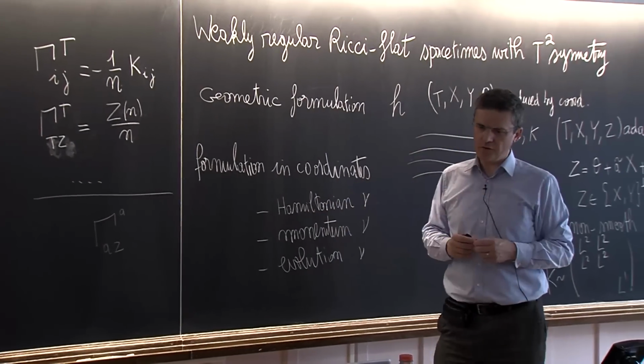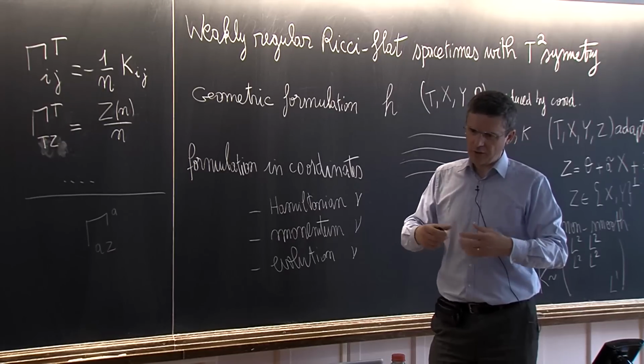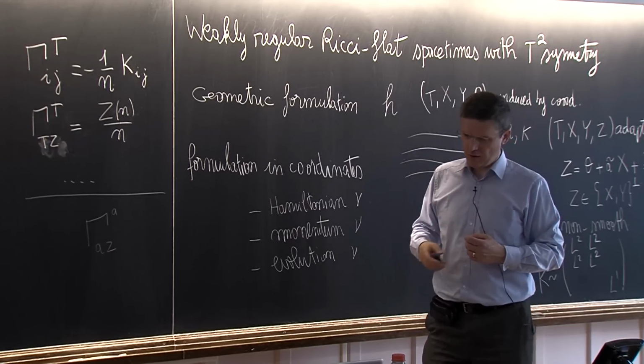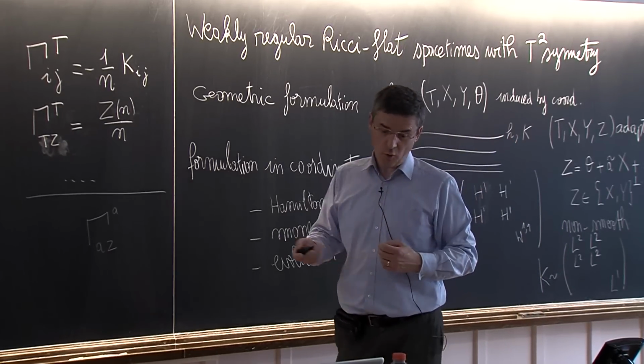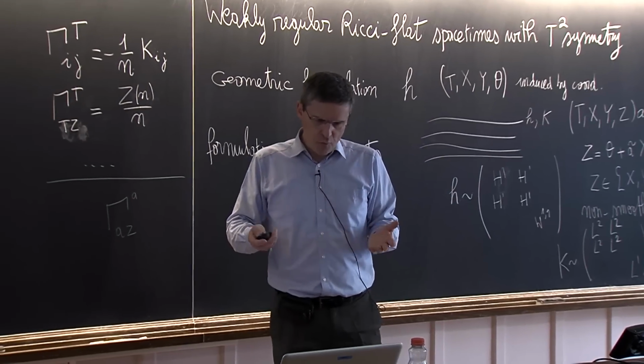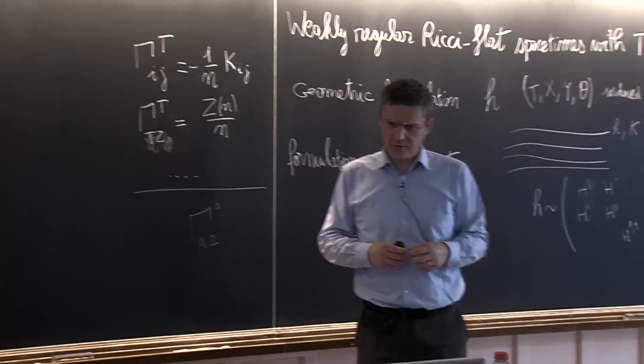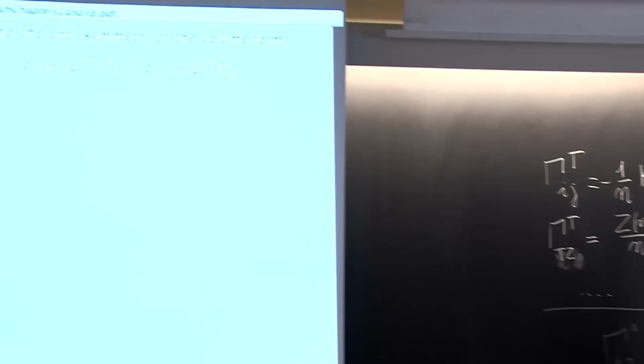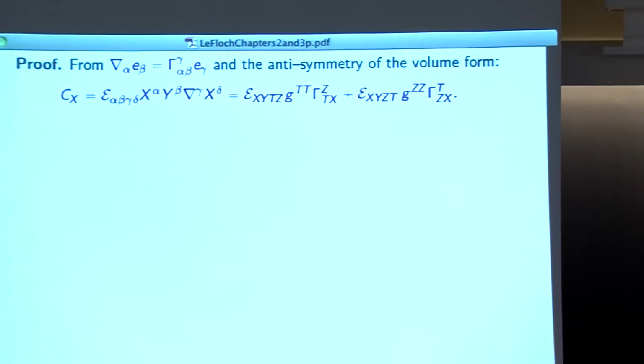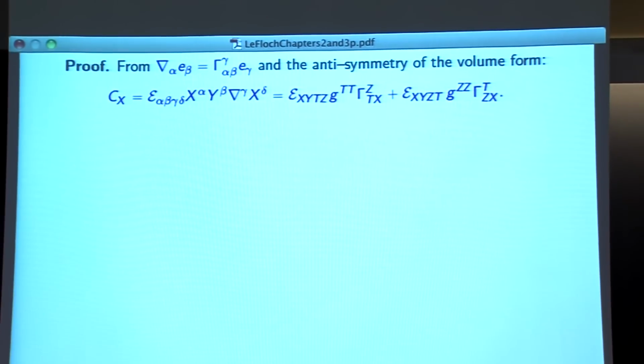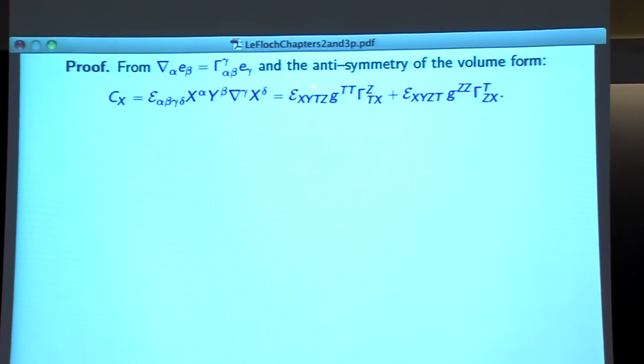And by using this observation that we can simplify some of the equations, we'll be able to proceed. Okay, the proof of that is not difficult, but it requires some calculations, which I will sketch here. So the first line is simply the formula, right? The formula that we had here,